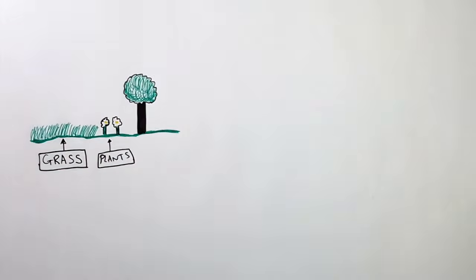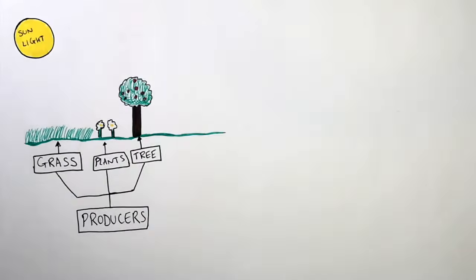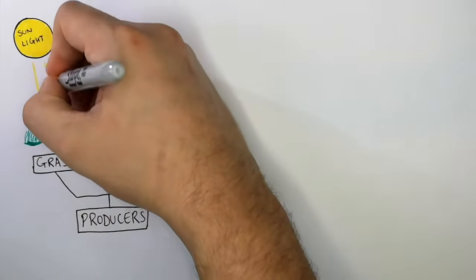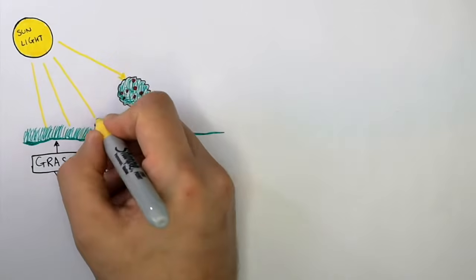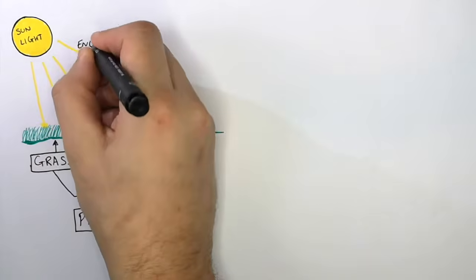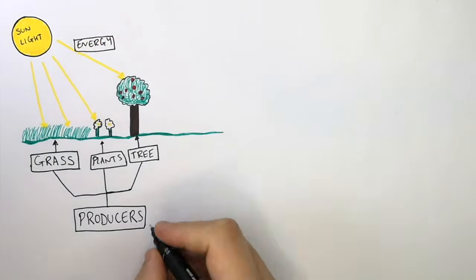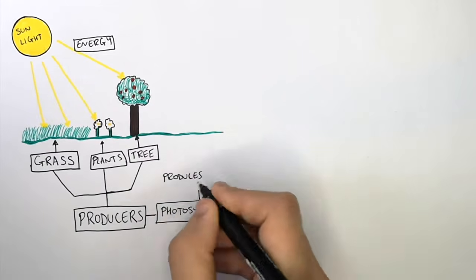Grass, plants, and trees, called producers, absorb light energy from the sun. So the sun's energy is being transferred to producers on Earth. These producers are plants, and they use the energy from the sun for photosynthesis, which produces the sugar glucose